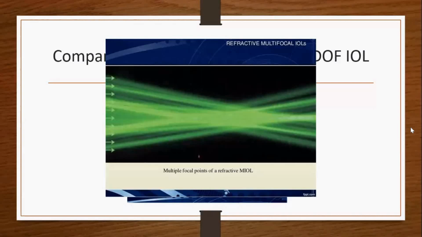This is actually a refractive lens, which is nothing but an EDOF IOL. Here you can see from here till here, it's an extended depth of focus. There will be a number of small foci combined together, which we call an extended depth of focus. In these cases, the patient will not have a confusion of the image, because each focus will be adjacent to the next, so that the brain accepts the image as a single image. The patient will not have confusion while perceiving the image.